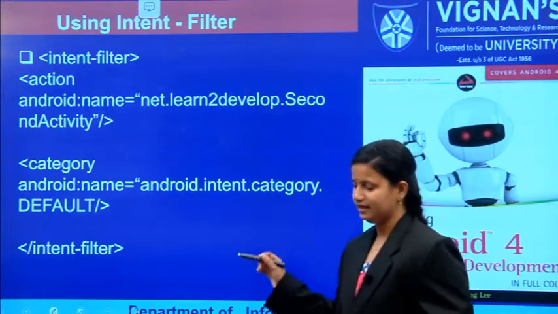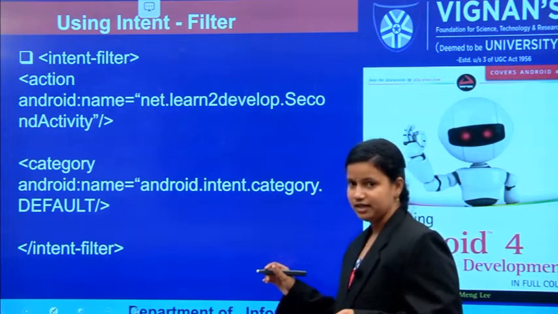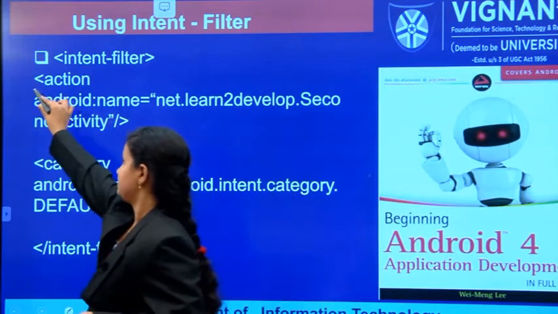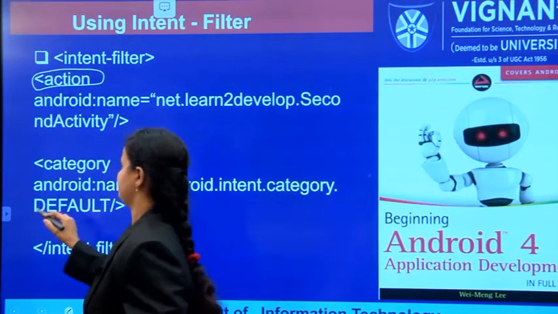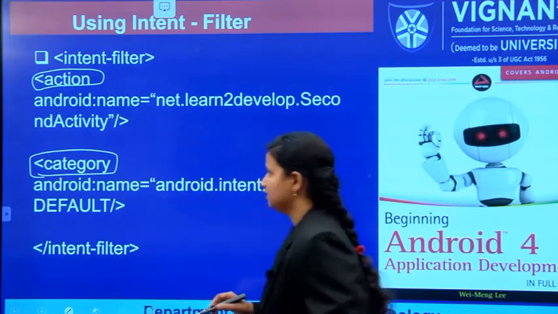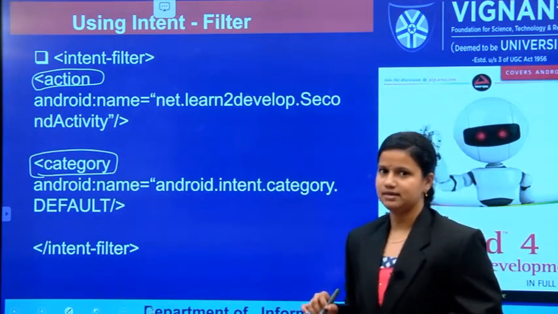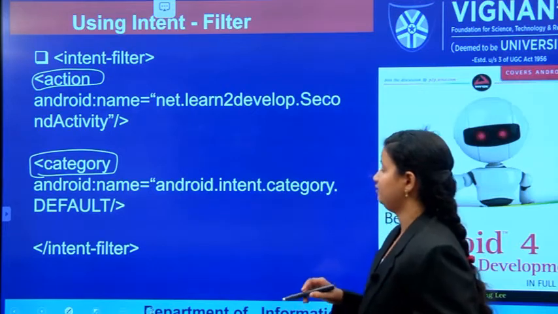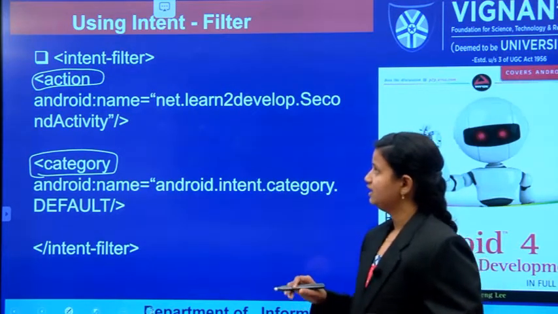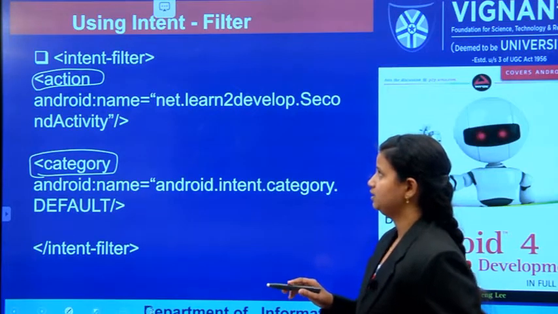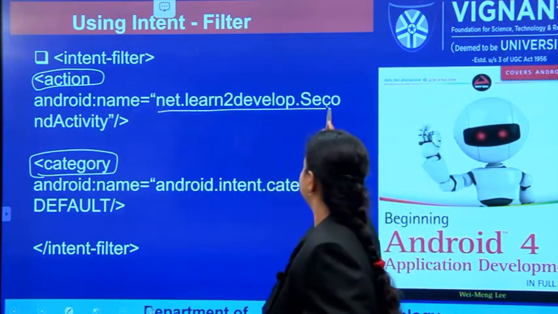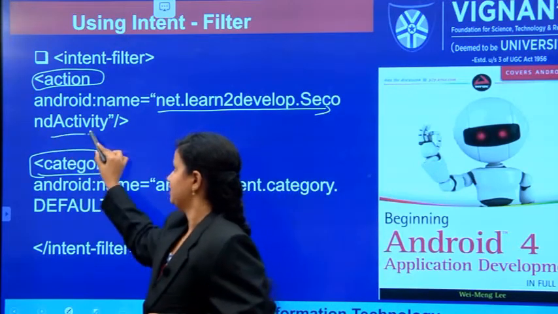So what are intent filters? What are the different tags present in them? The first tag is the action tag, and the next tag is the category tag. The action tag provides the name of that activity.